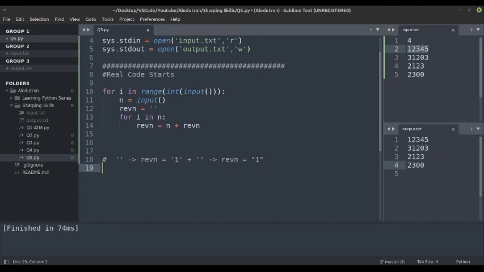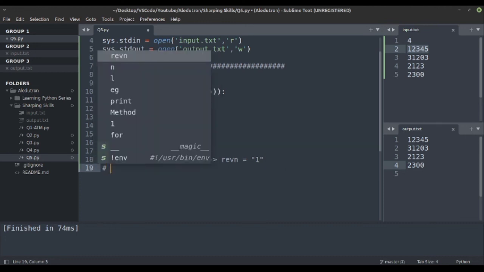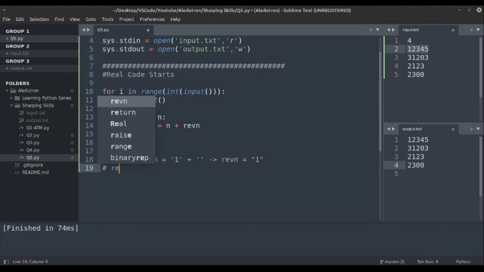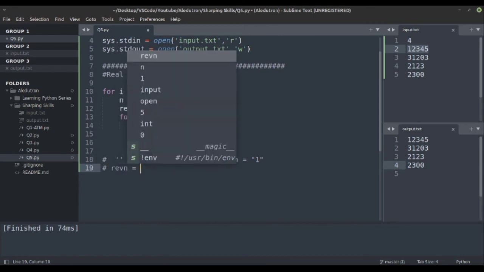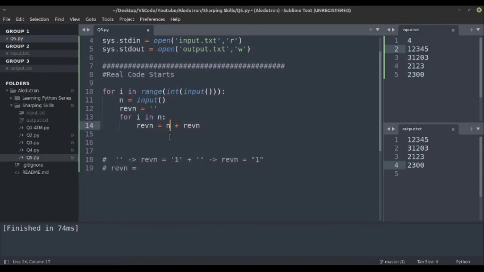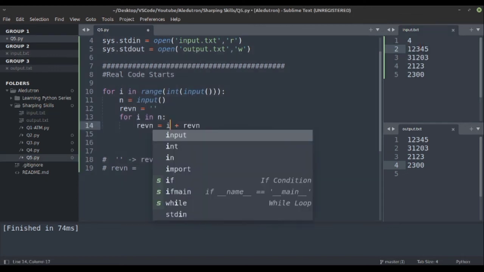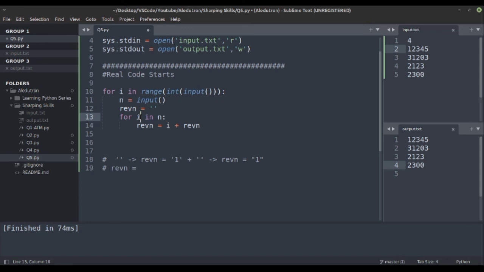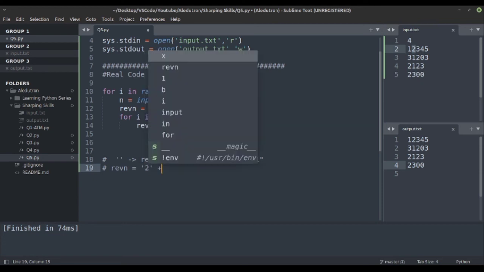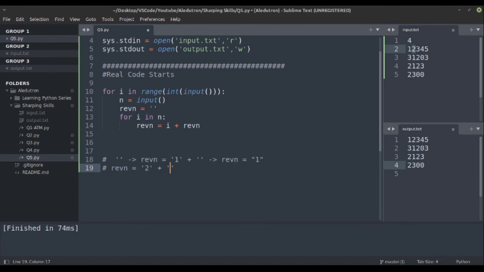In the next loop, what will happen? revn would be equal to the second digit. Sorry, here we have to use i, the iterator. So the second number would be 2. So revn equals string of 2, and then the original revn, which is 1.